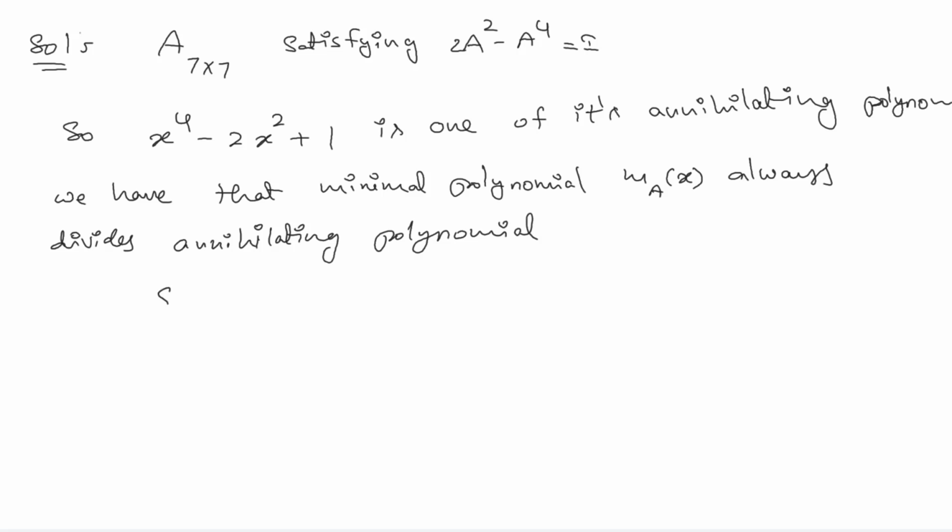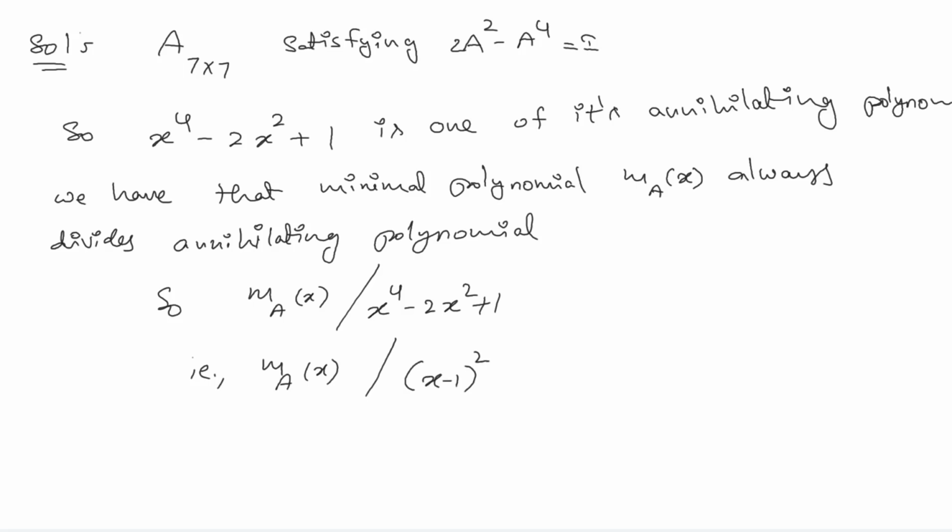So here we have M_A of x divides the polynomial x power of 4 minus 2x squared plus 1. That is, M_A of x divides x minus 1 whole squared and x plus 1 whole squared. That means the minimal polynomial